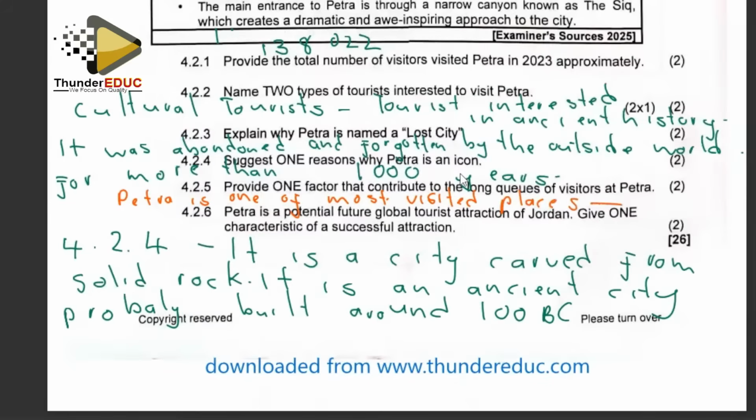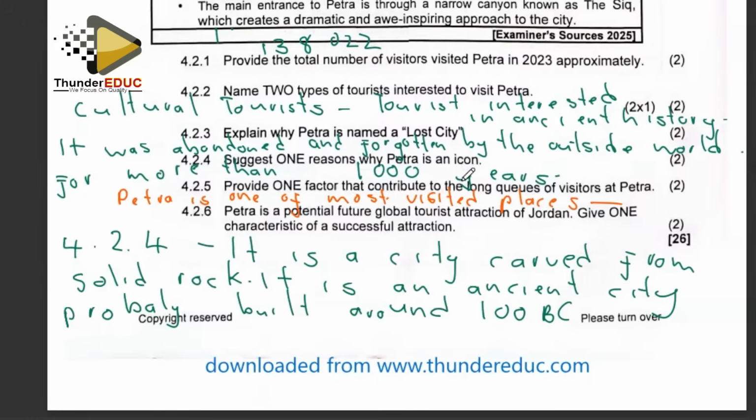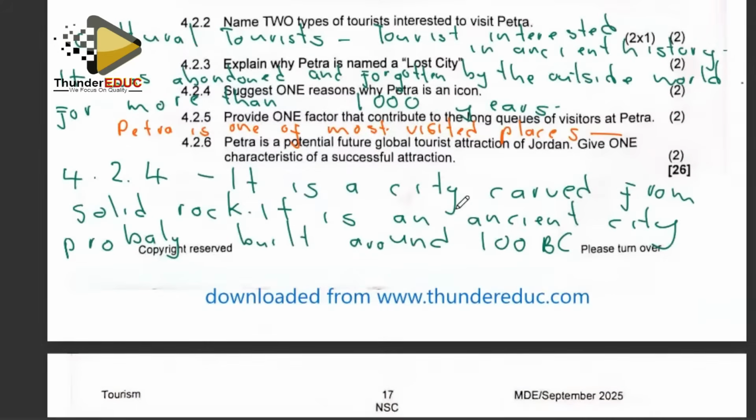That is one reason. Then it has a narrow entrance, which allows few people at a time. So capacity restrictions at the site lead to long queues, especially during peak tourist seasons, due to the limited number of visitors allowed. Then Petra security checks can lead to longer waiting times as visitors undergo thorough security screening as well. So that also contributes to congestion or to long queues.